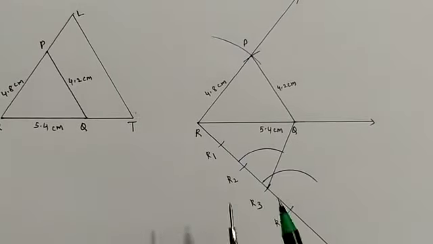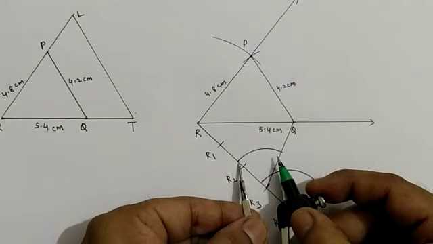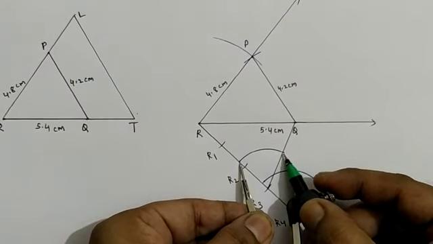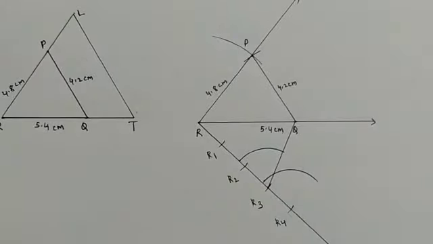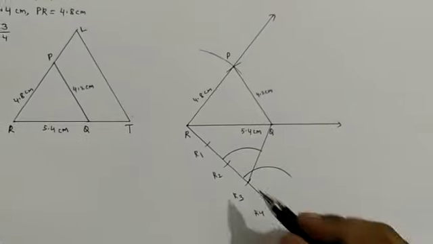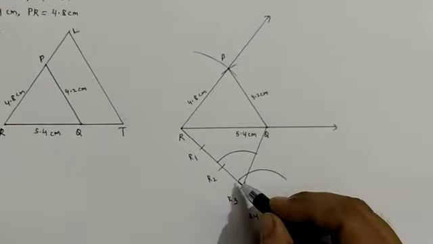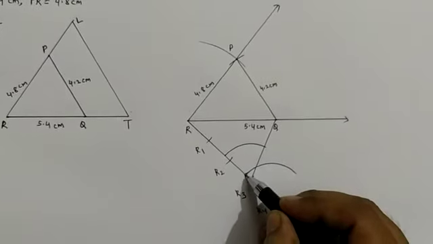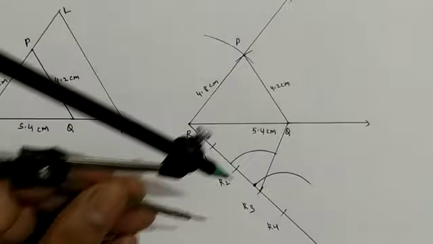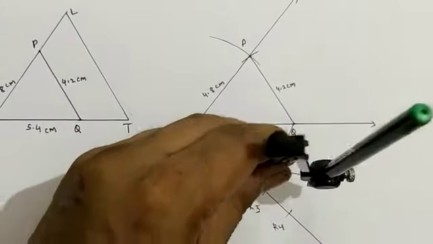Now we'll take this distance, students. See how we do this. The arc which you have drawn, take that distance. And now with that distance, see on this ray, where is this point? Can you see this point? From this point, keep it rounder here and cut that previous arc.